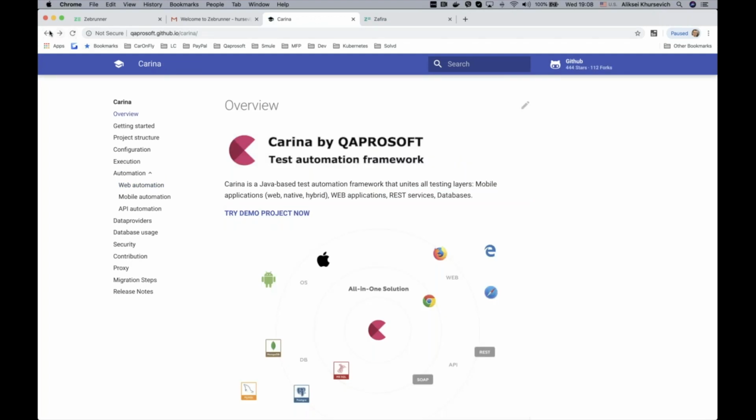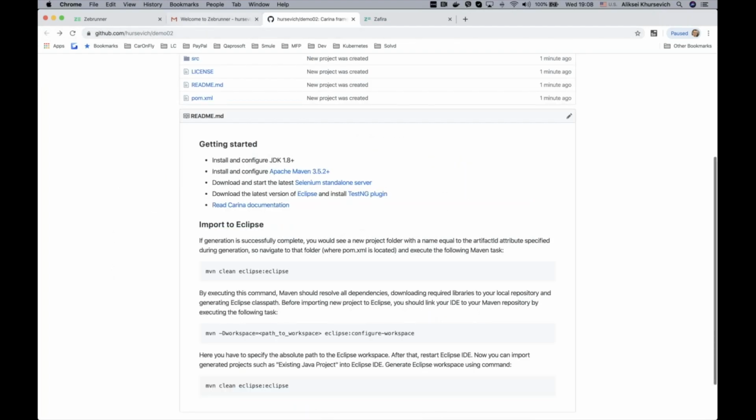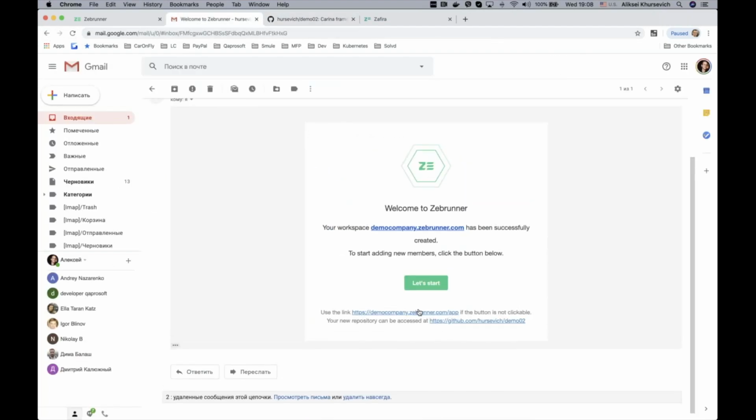Okay, so let's get back to the workspace. I'm opening the email one more time and pressing the Let's Start button. And on this step,